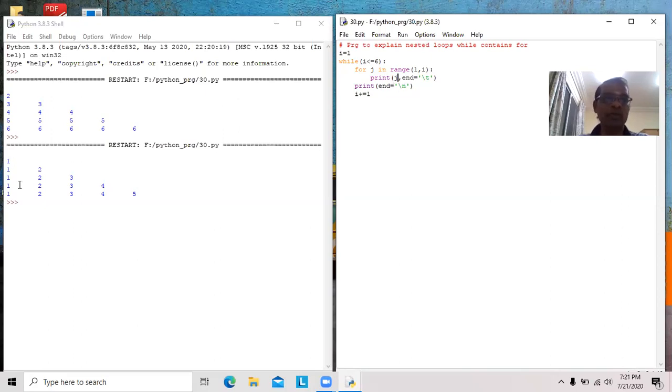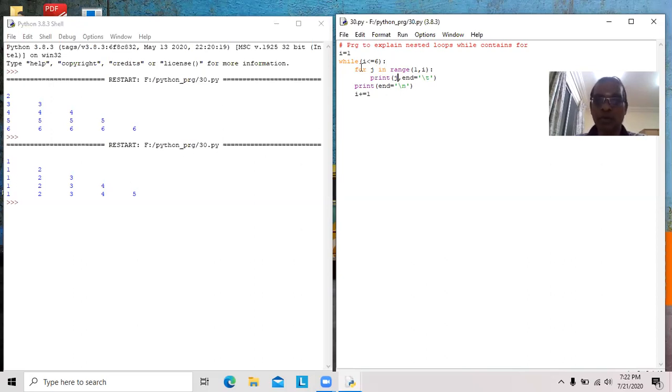Here the end is there. It goes to the third line. Again it goes here: i plus equal to 1. Already i is 2, now i becomes 3. 3 is less than or equal to 6, still the condition is true. j in the range of 1 comma, now i is 3, 3 minus 1 is 2. That means 1 comma 2. j will be first assigned with 1, then j will be assigned with 2. Now we are in 2: 1, 2, 3.